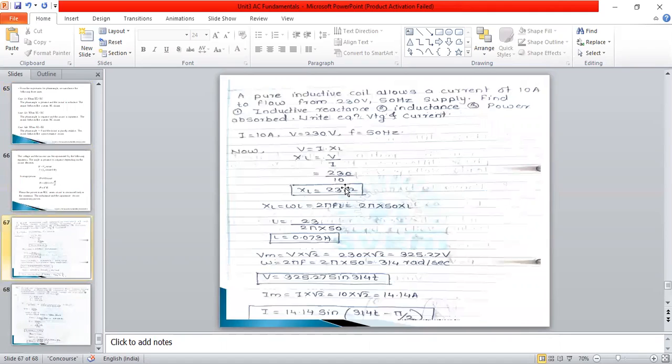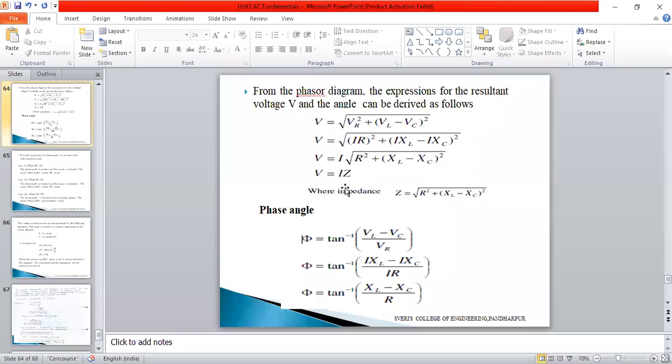They have not considered the second condition here, I will tell that one. For the second condition, the same thing we are going to write down, where VL and VC should be reversed: VC minus VL. Square of XC minus XL we have to write down here. Everything else will become the same.